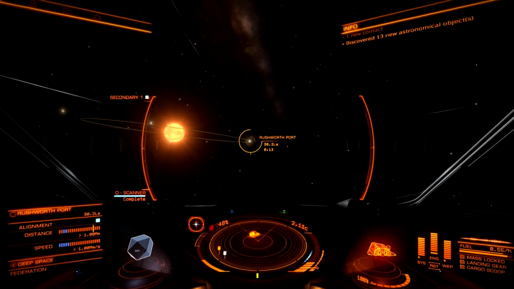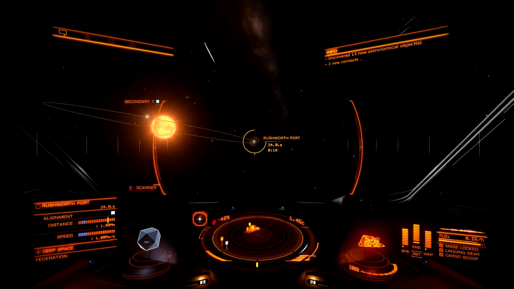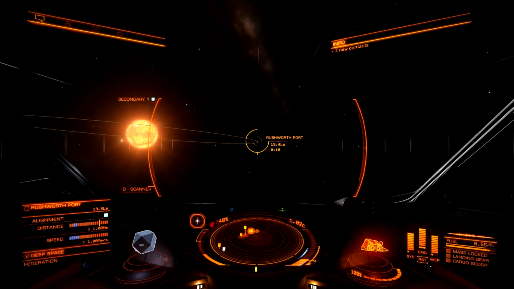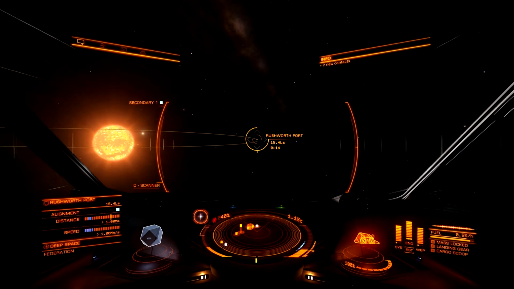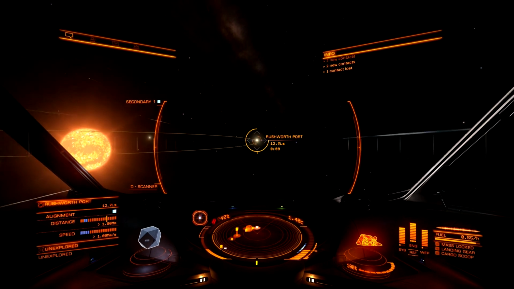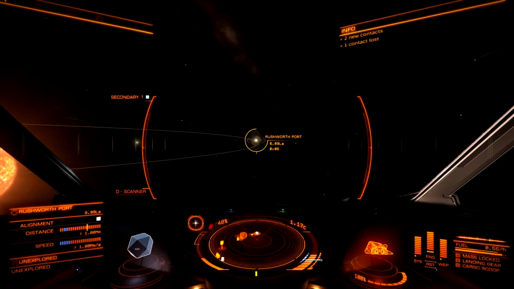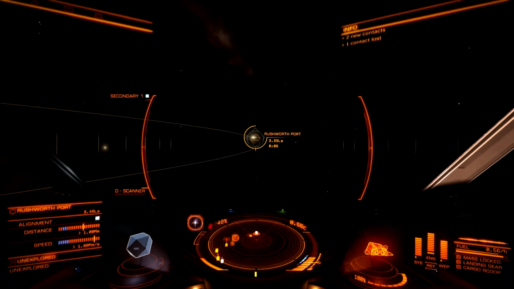So you can see on the left hand side of my screen that the alignment distance is getting quite low. So we're currently about 20 light seconds away, which is the distance light travels in a second. But we're still going way too fast, but we are still reasonably far away, so we should be okay. If you do miss the planet,